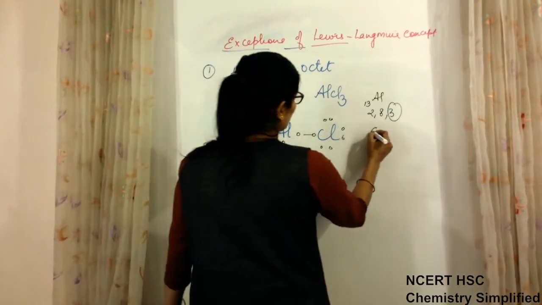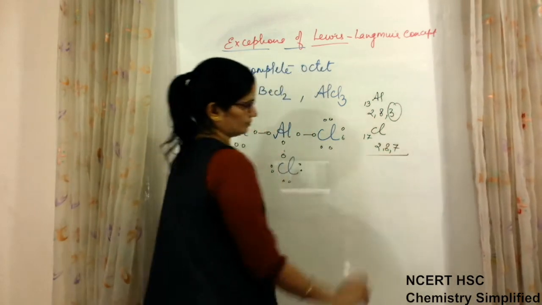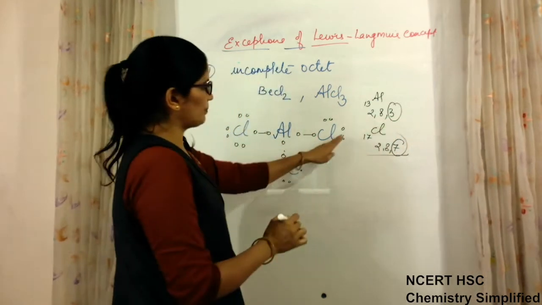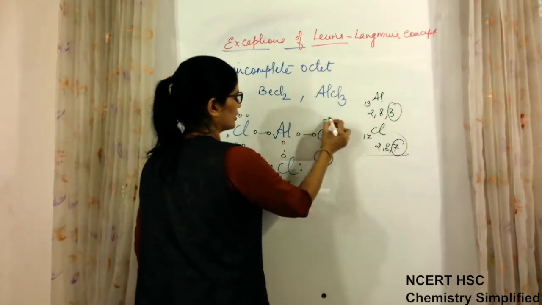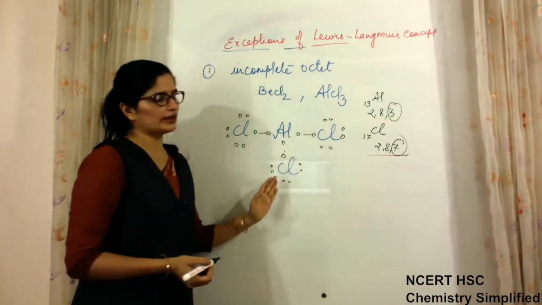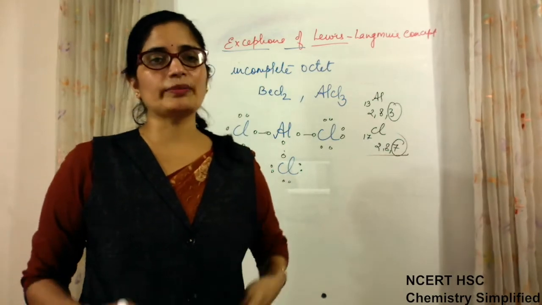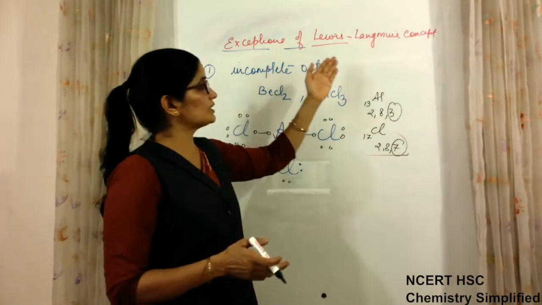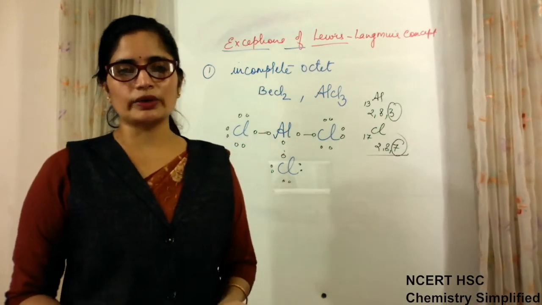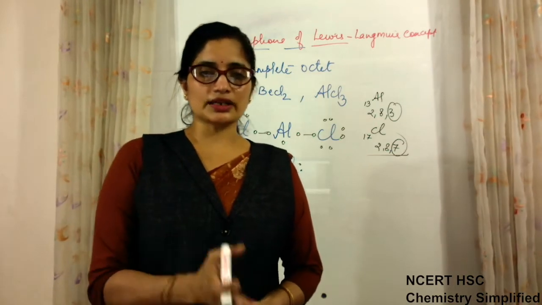Along with that, chlorine has atomic number 17, so 2, 8 and 7. So valence electrons were 7. Those 7 were placed like this, 1, 2, 3, 4, 5, 6 and the 7th on this side for all chlorine atoms. Now see, in all the molecules which we were making just now, we were making Lewis covalent bond structures by totalling the valence electrons and then distributing them equally. But that we have done according to the structures which are observed.